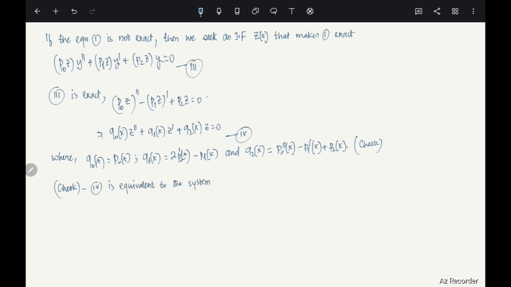What is the system? Let's just call U1 prime, U2 prime, which is nothing but